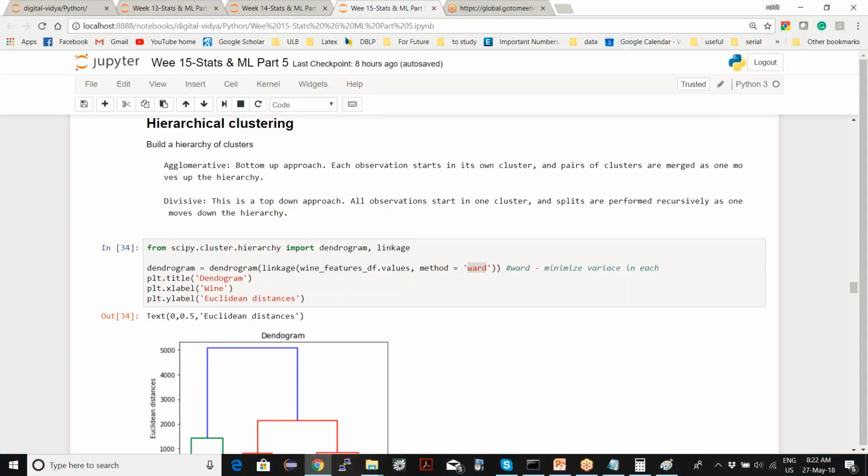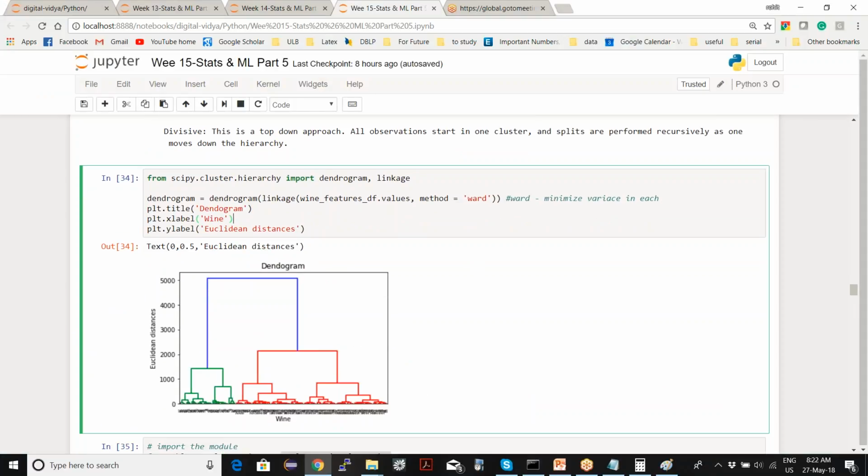So let's see it in practice. You could directly create a dendrogram using this package in clustering called hierarchy, and this is called linkage. You create a dendrogram and visualize it using this code.